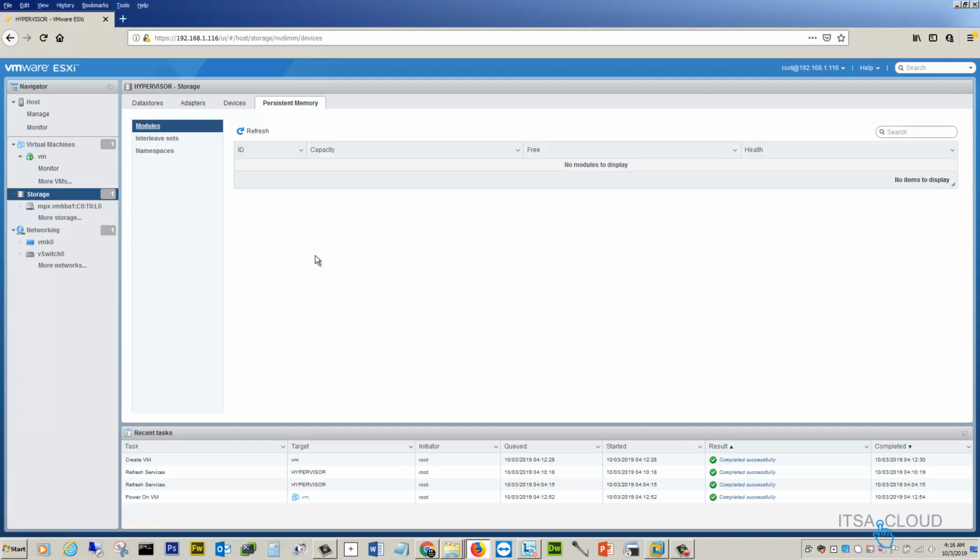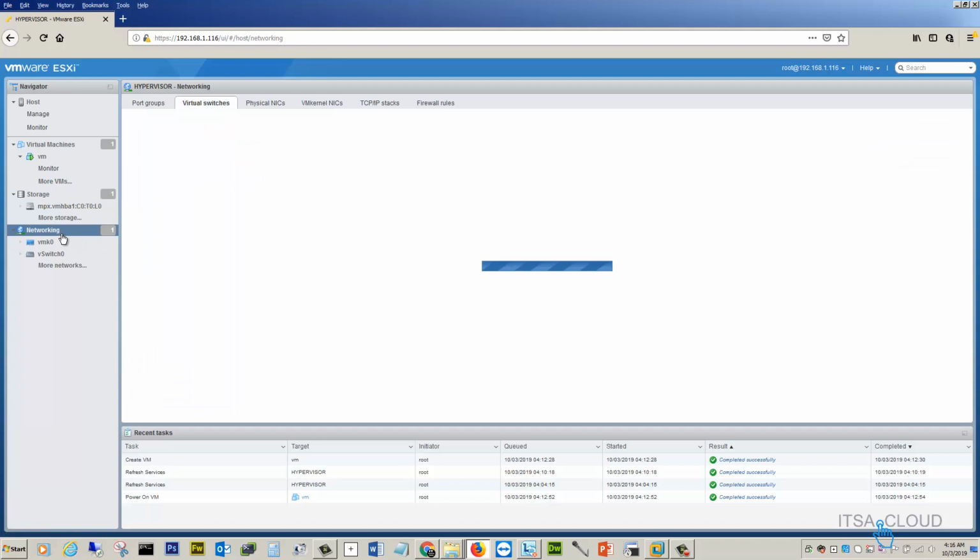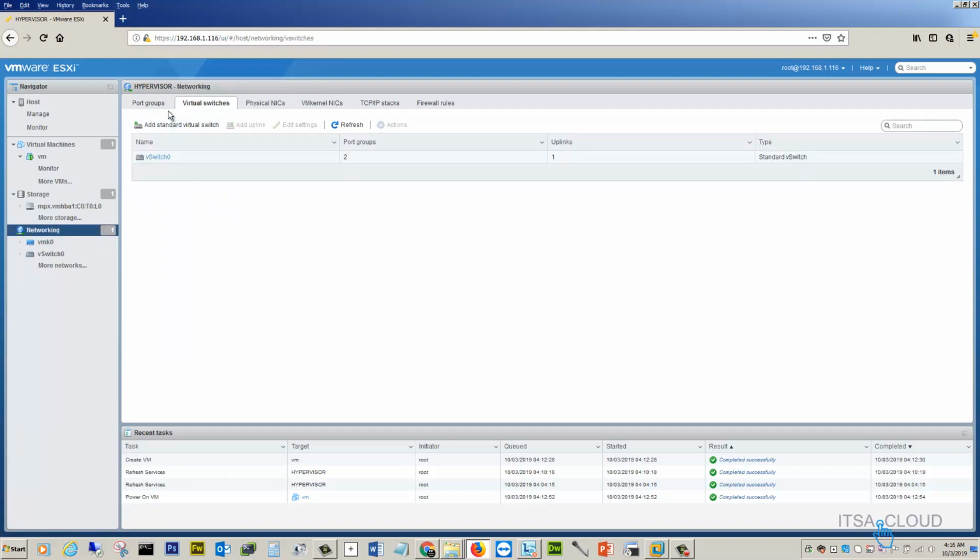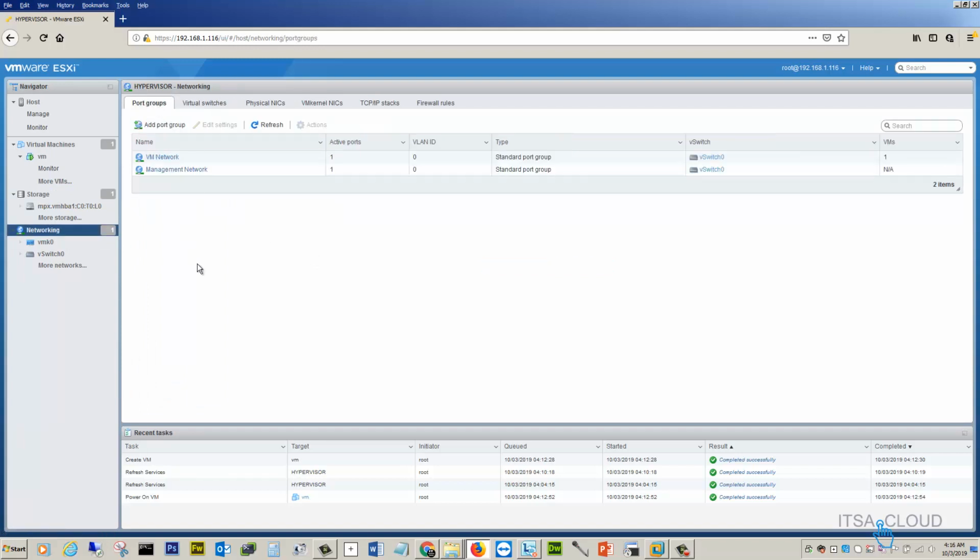Now let's go to networking right in here. Like I said before, by default you are gonna have the management VM kernel and the VM network. This is for the VMs and this is for management, right?